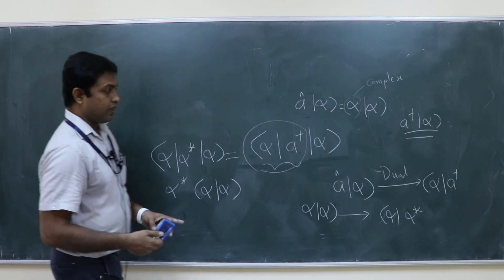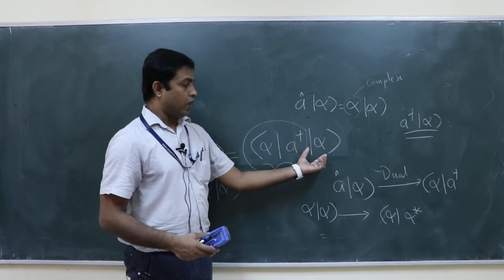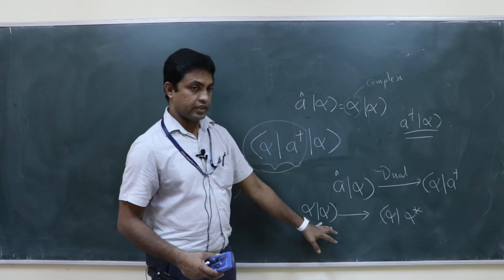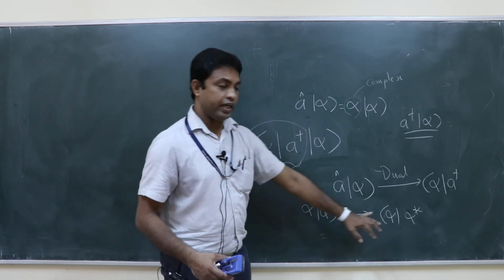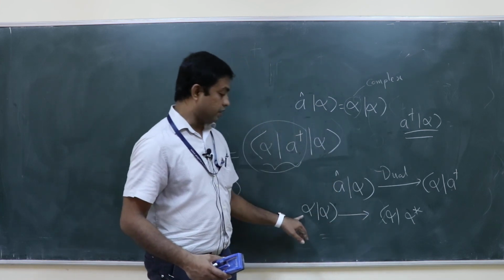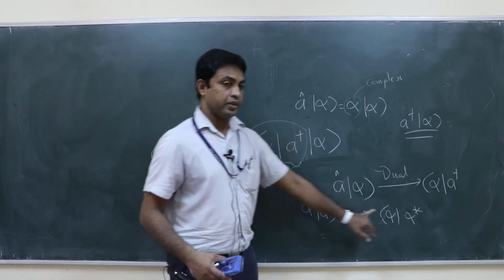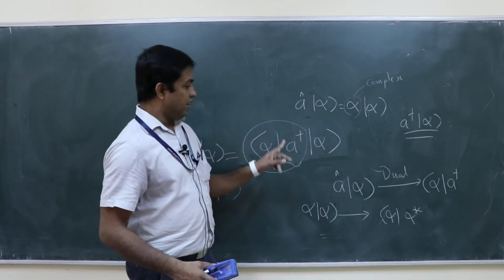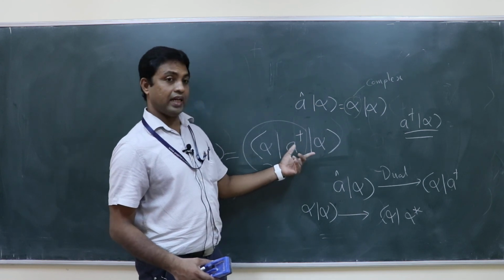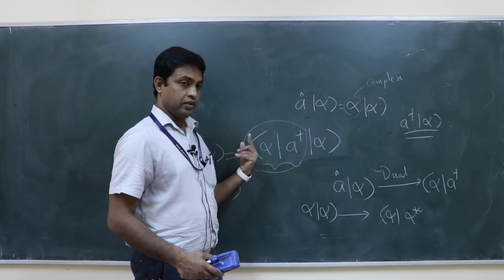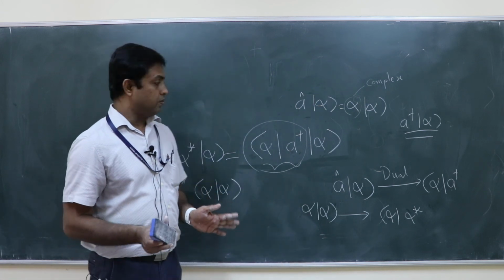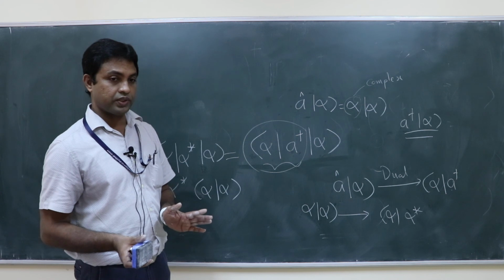A dagger acting on ket alpha, I don't know what to do. But A dagger acting on bra alpha is the same as A acting on ket alpha in the ket space. Then I again take it back to the bra space, because ket alpha becomes bra alpha in the bra space, and any general complex number becomes its complex conjugate. So any operator in the ket space, its action on the ket space is equivalent to its adjoint acting on the bra space. Is it clear to all of you? Because it's a very crucial concept. Anybody having any question on this?